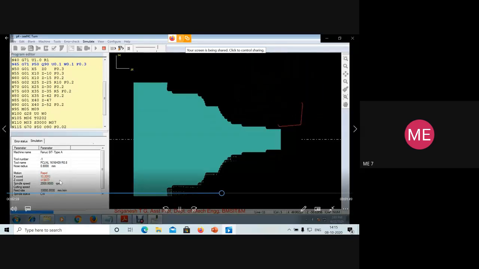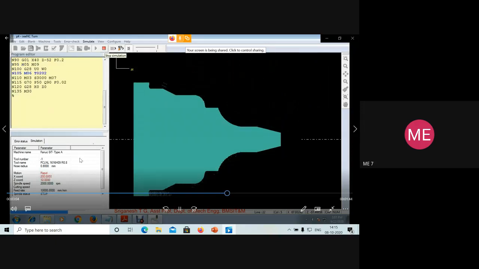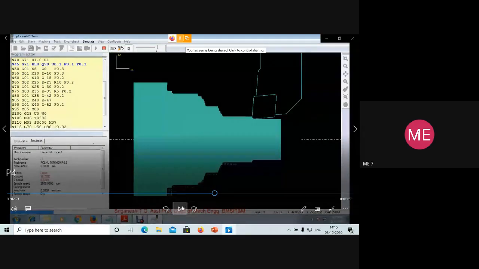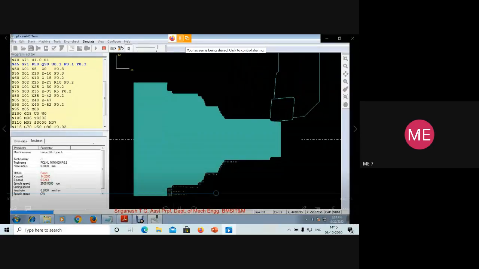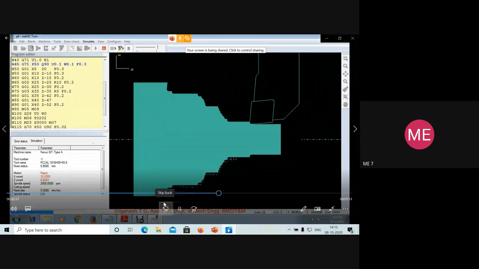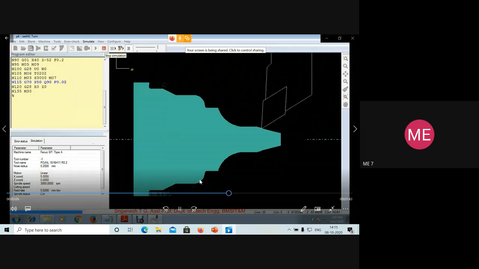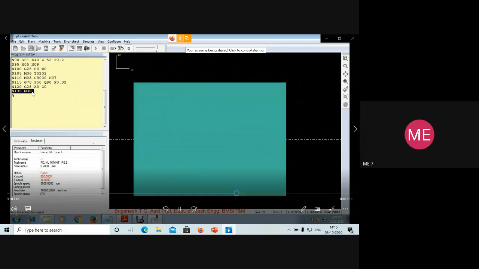You can check the Excel sheet kind of thing below also. It will show you the variation. So now smooth finish. The rough finish is over. Once the rough finish is over, again you have to turn the spindle off. Now it has started with the smooth surface finish. Once that is done, it is the end of the program.